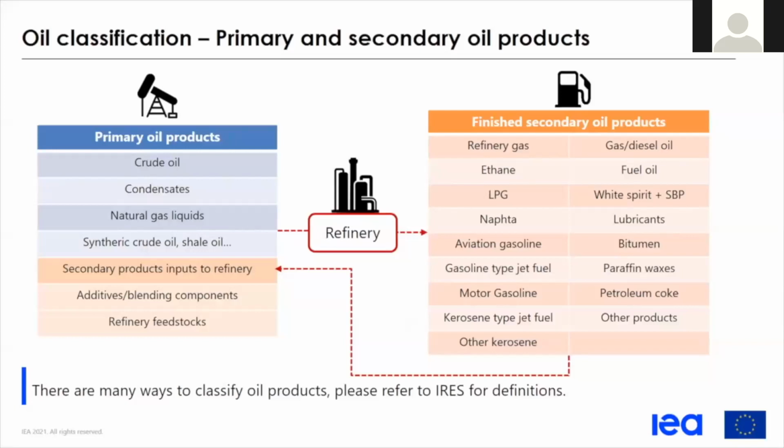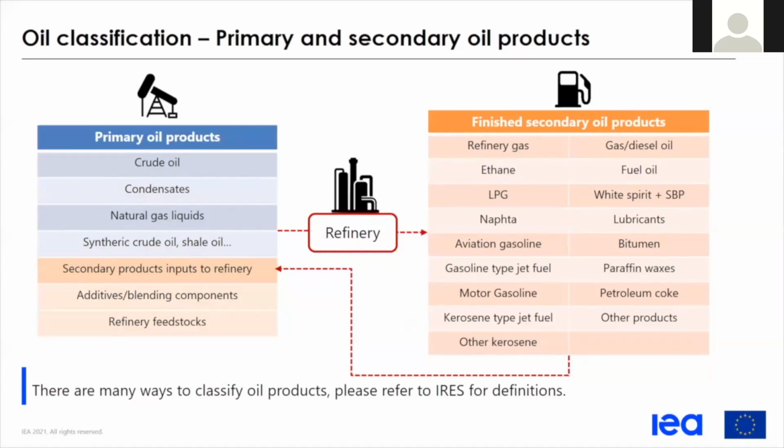So this will get a little bit more complex later on. Just remember that those products can be classified in many ways. Also, for the finished secondary oil products, due to the fact that they are sold products, the name most of the time comes with a specific set of physical properties. Please, if you have doubts on how to report a specific product, do not hesitate to refer to the IRES,